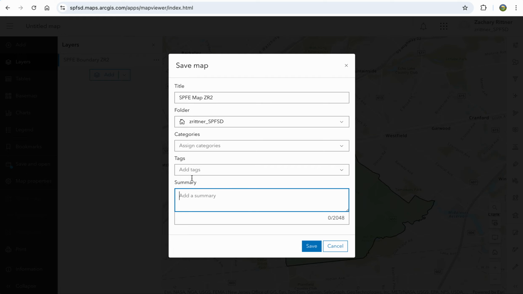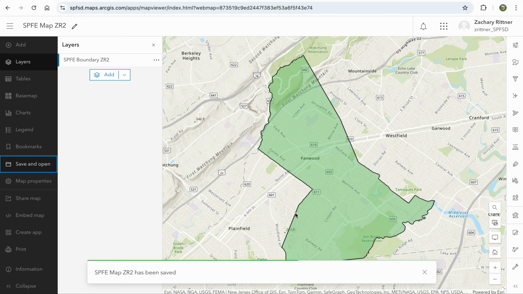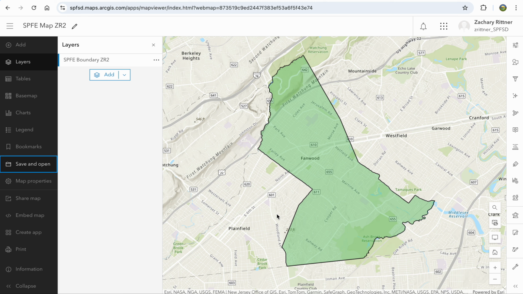You can add an appropriate summary or something like that. This is my SPFE map for the ArcGIS Bootcamp assignment. Something like that, so you can remember what you're working on. Then go ahead and select Save. So give the computer a moment to do that. Remember, you always have to save manually. This is not like Google Drive where it's just backing up automatically. You should make sure you save. I probably should have saved a lot sooner just in case, but now that we're done,